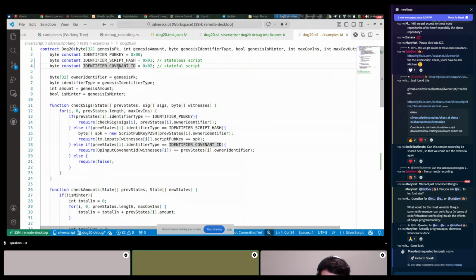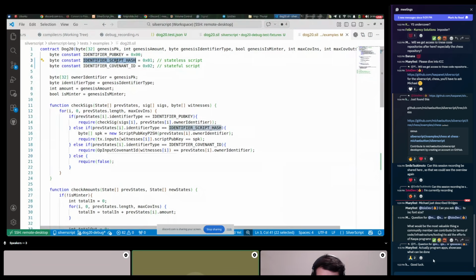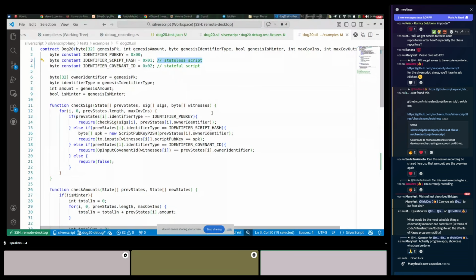So you can also associate some tokens to a covenant ID, which means now it's not only a simple multisig. You can have a very complex logic that depends on changing state.